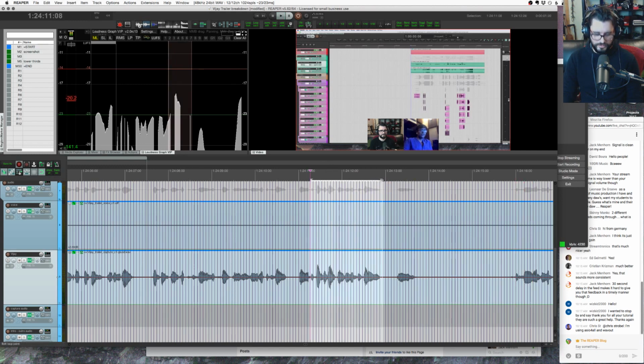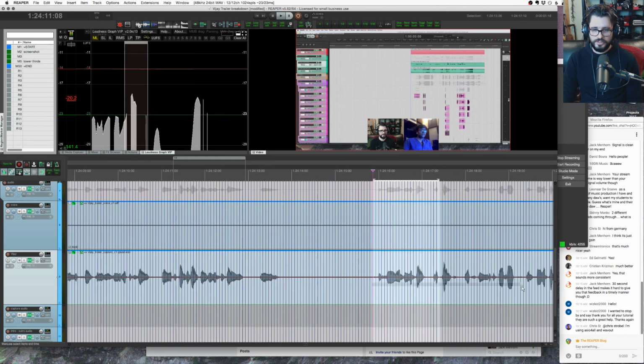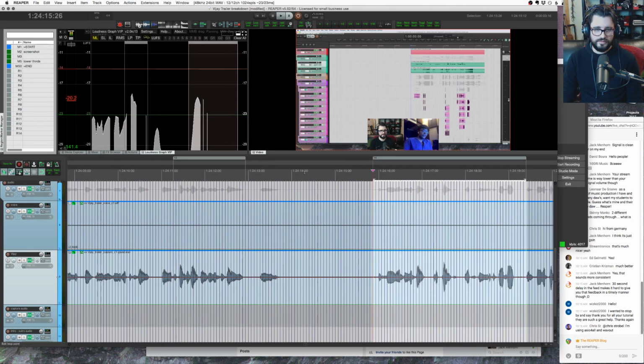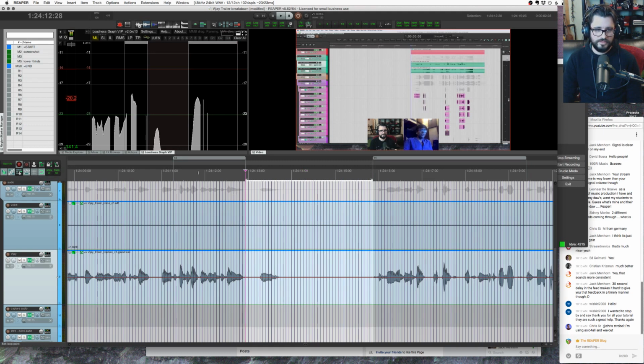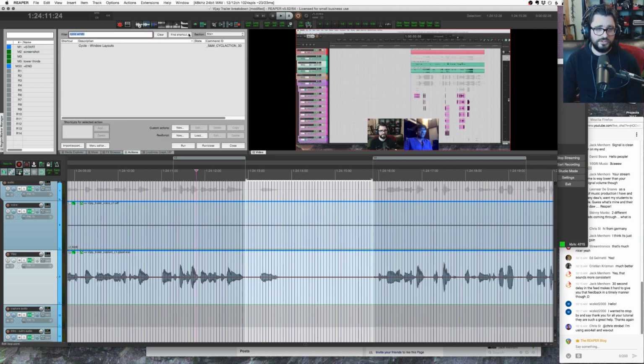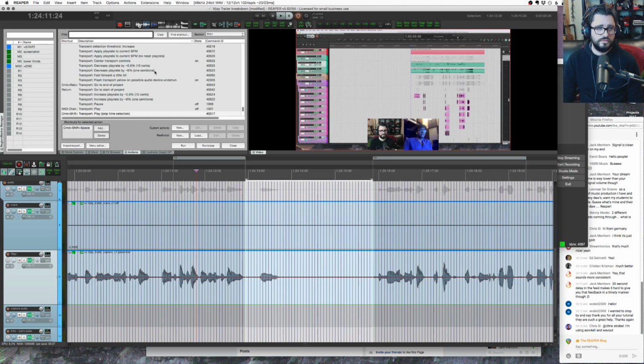All right, so here's a good spot for that skip time selection thing I mentioned earlier. I've got the shortcut Shift Command Spacebar, but the actual action is play skip time selection. I have a video on this, by the way, but here's an example of how I would do it in an edit. I've got a region for something I want to keep, a time selection of something I don't want to keep, and then another region of what I want to keep. So I hit